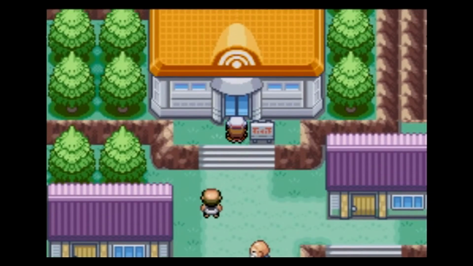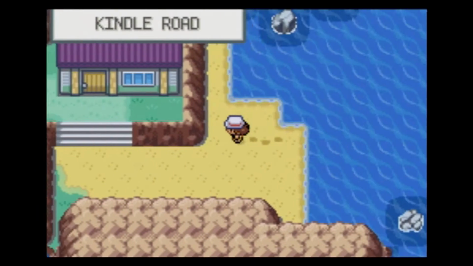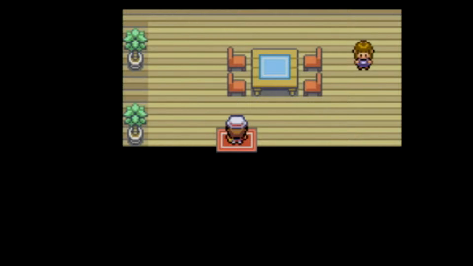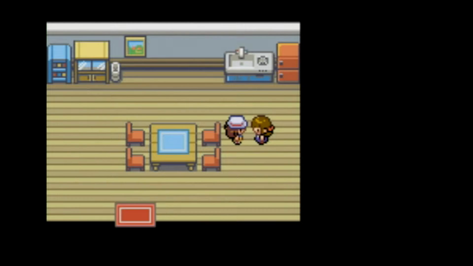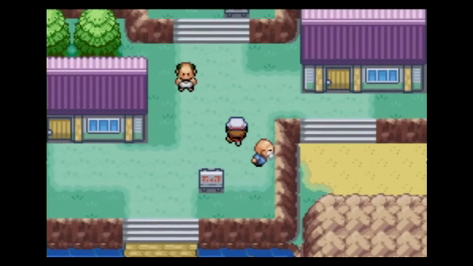All right. So my first order of business, they give me a pass so that I can go to the second island, and I have to go to a game center on the second island, and I guess run some kind of an errand for them. I'm not sure. Also, it looks like I can capture Moltres on this island, which is not how it was in the original game for sure. So that's pretty weird. Young people all want to go off to big cities. That is kind of true, isn't it? Well, in any case,